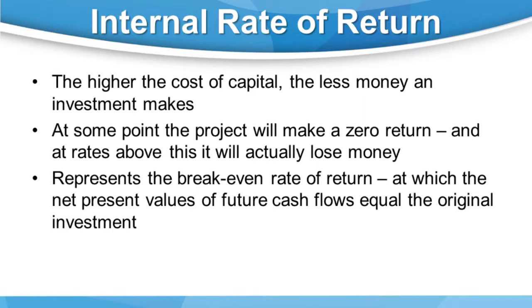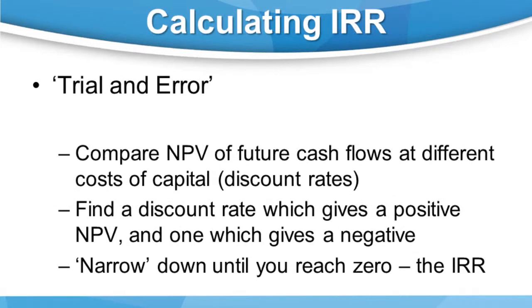the cost of capital, the more it costs to fund a project, and therefore the less return we're going to make on it. The IRR is simply the cost of capital at which we would make a zero return, where the discounted cash flows in the future minus the initial outlay equals zero. There are a number of ways to calculate this. We can use a trial and error approach of selecting different costs of capital and discounting the cash flows until we find the one which equals zero, but this is obviously a time-consuming approach and you wouldn't need to do